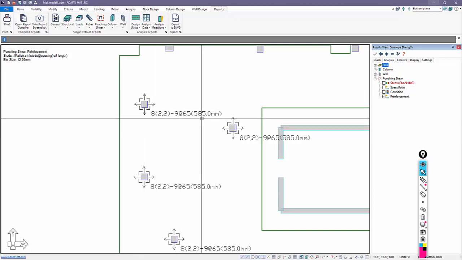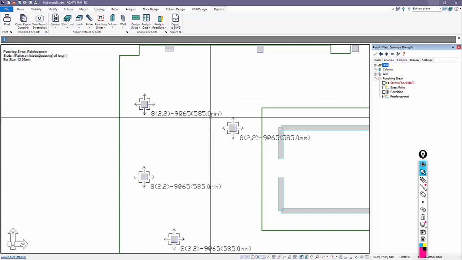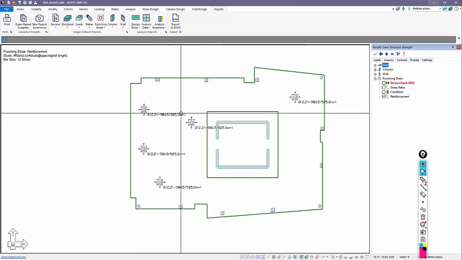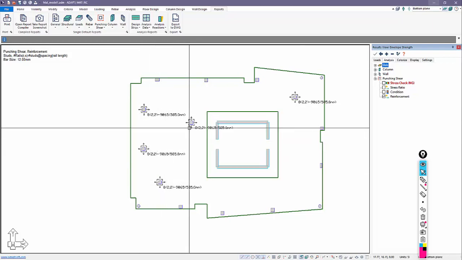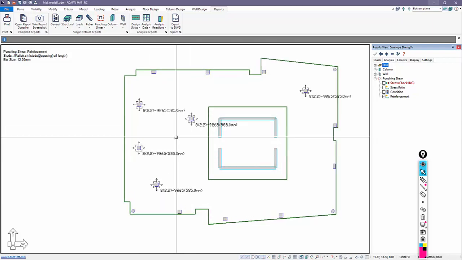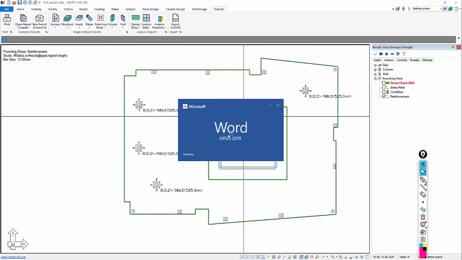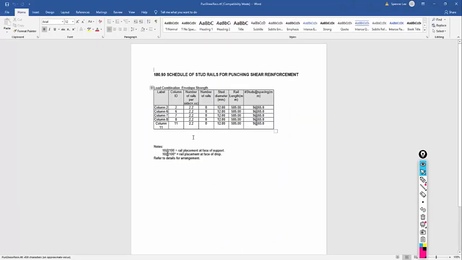And the total rail length is 585 millimeters. So for those columns that need reinforcement, this is what the program produces in terms of a graphical report. If we go to the punching shear reporting again, I can use this punching shear reinforcement for the outcome of rebar, or let's say headed studs for the reinforcement for those columns.